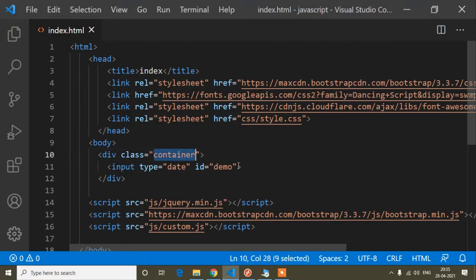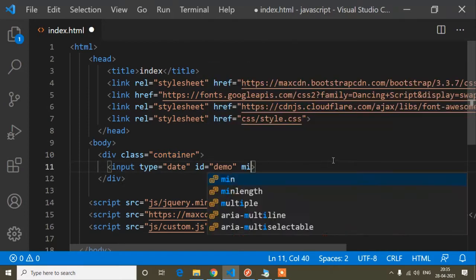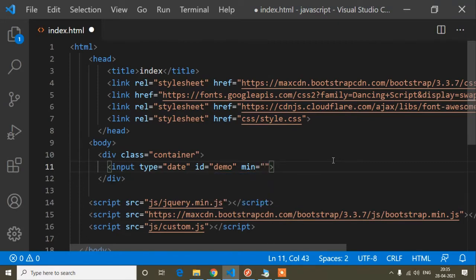Now, when we want to disable past date, there is the min property, which equals 2021-04-28. This is the month of April: January is 1, February 2, March 3 and April is 4, so 04, and today's date is 28. At the bottom of my computer you can see 28/04/2021. Now if I save it and open the browser,